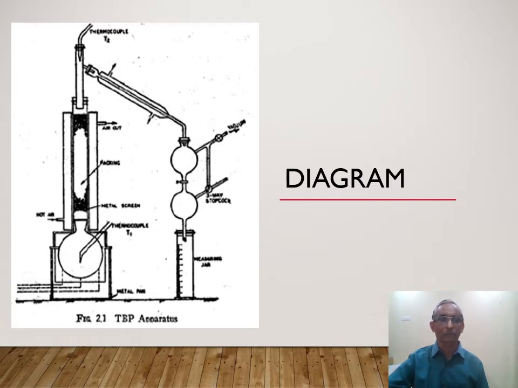To avoid that cracking process, this is very, very important here. We are going to operate this TBP apparatus at atmospheric pressure up to a temperature of 350 to 400 degrees centigrade. Above that, if you are going to distill the sample, then you operate under a vacuum of 10 mm of mercury. At 10 mm of mercury, again you collect the data, and that is corrected to atmospheric pressure. That data is plotted, the percentage collected against the temperature. Whatever curve you get, that curve is called the TBP curve.